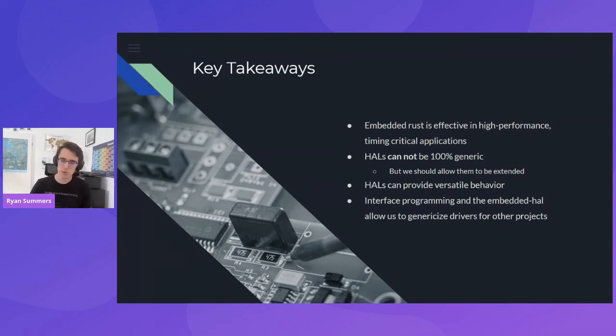So what I'm trying to say is when we're trying to architect our HALs, let's try and make them as versatile as we can for when people are trying to implement their own custom implementations as well, while working within the HAL framework. However, what we did find is that HALs are extremely versatile when we're trying to make really custom high